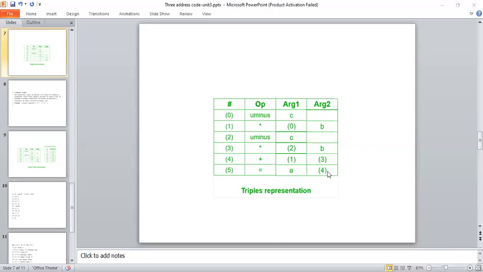So I'm taking my value as argument 1, and the result of the addition is available in 4. So the operator is equal to. Here I'm sending this entire result into A. So here my argument 1 is A, argument 2 is 4. And this statement is called 5. So this is about the triple representation for a given 3 address code.